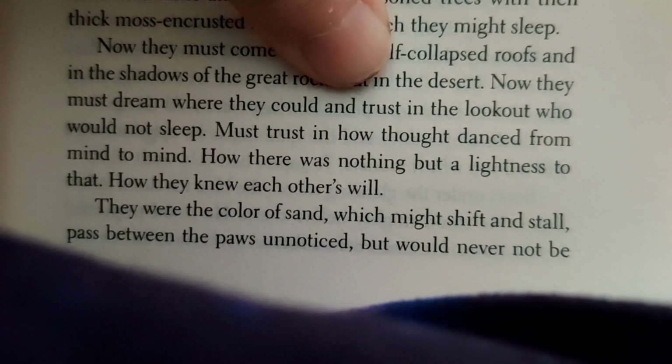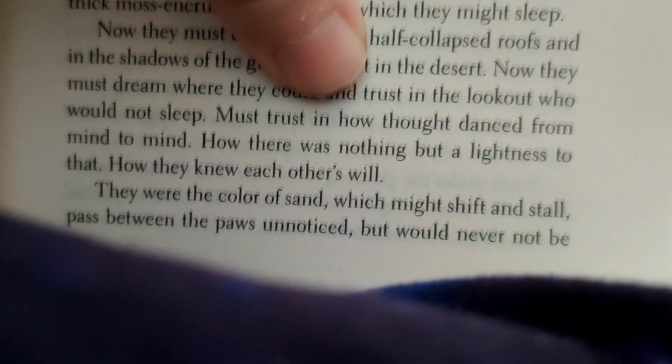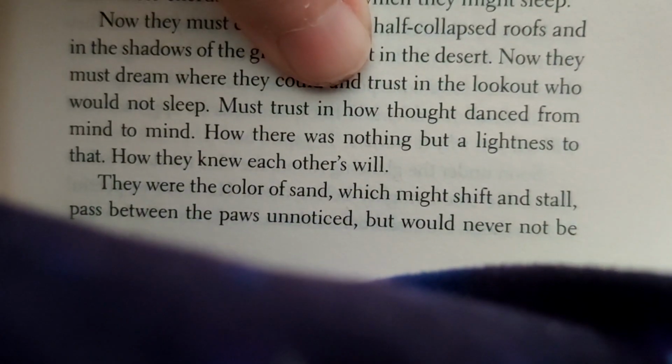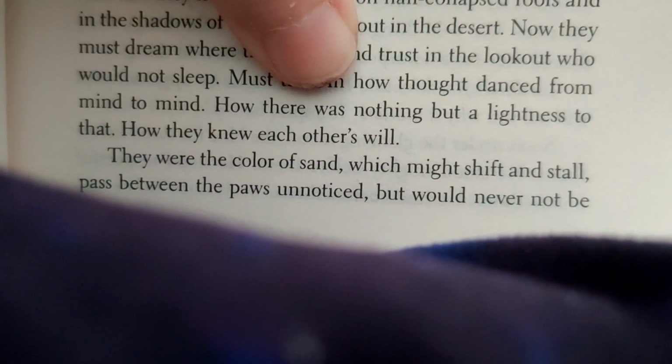Now they must dream where they could, and trust in the lookout who would not sleep. Must trust in how thought danced from mind to mind, how there was nothing but lightness to that. How they knew...